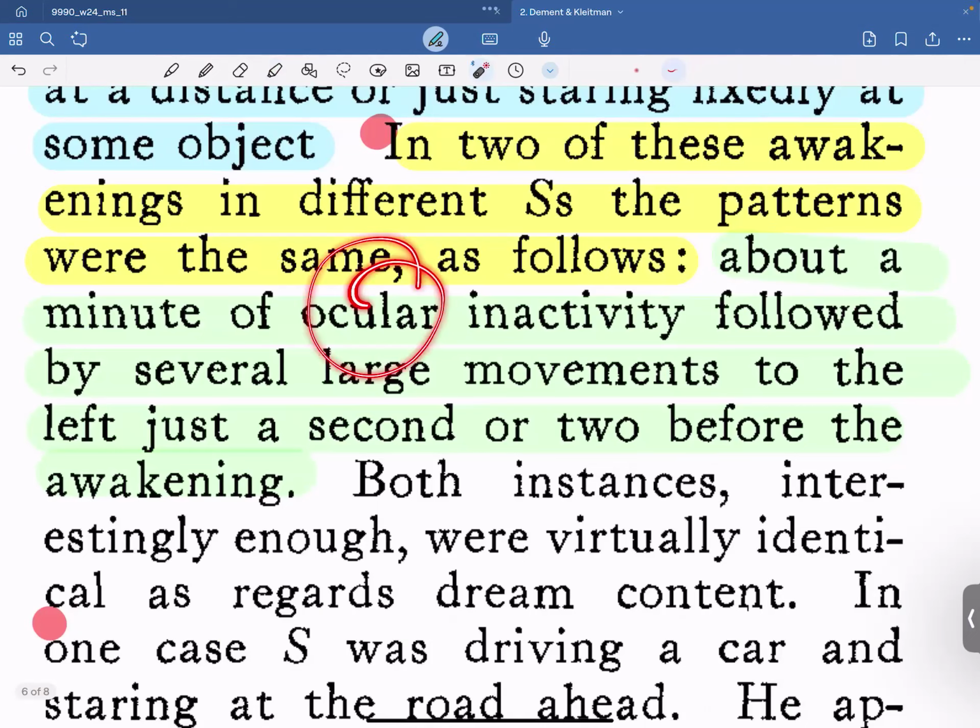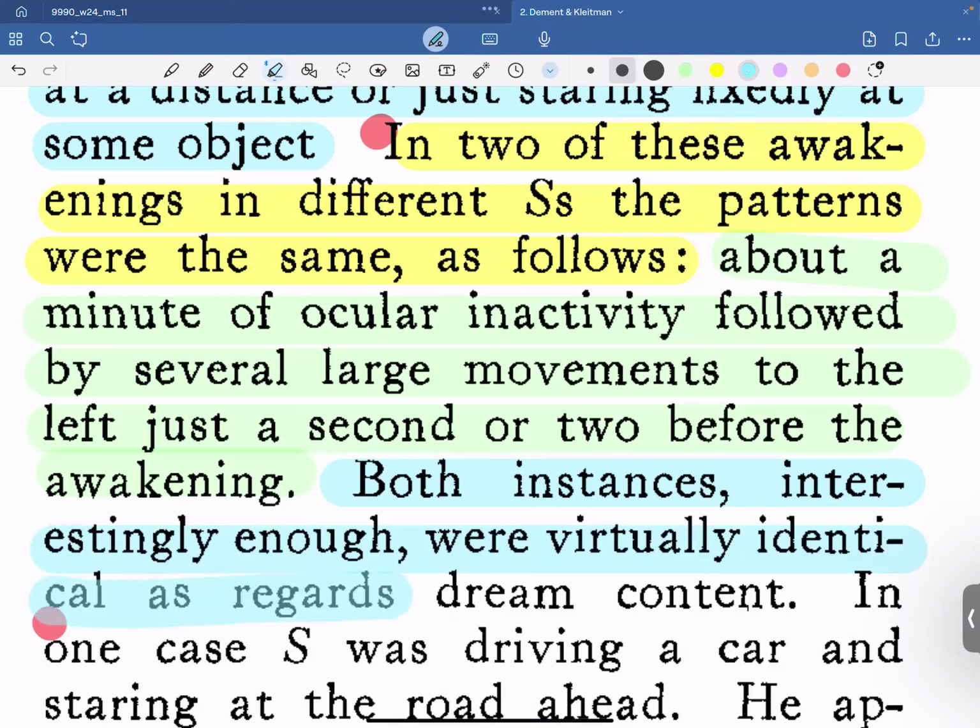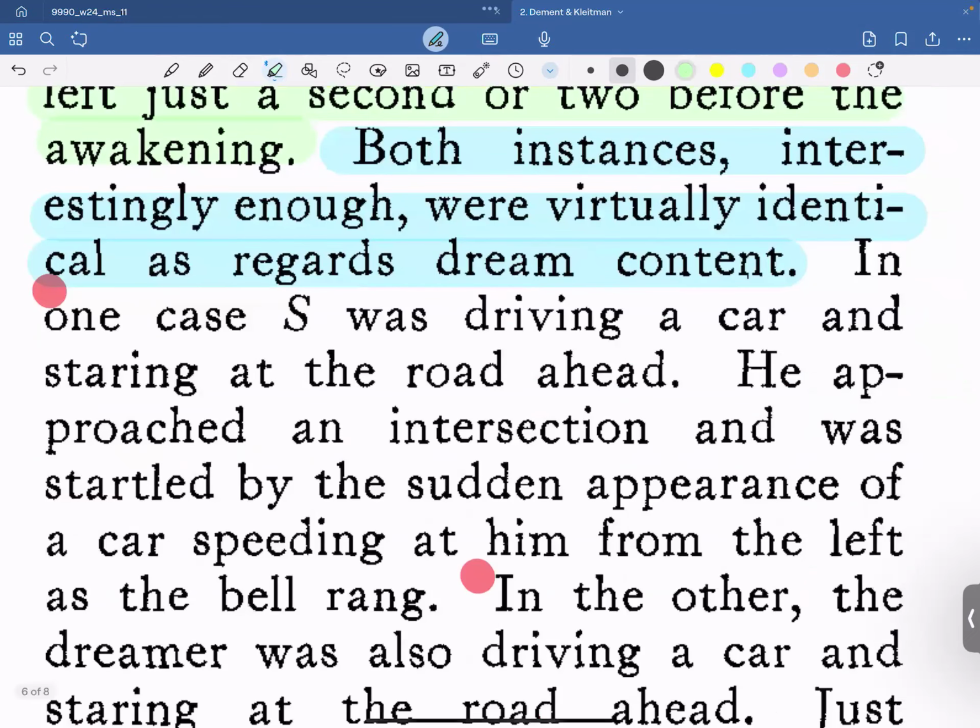Let's read it again. About a minute of ocular inactivity followed by several large movements to the left just a second or two before the awakening. In both instances, interestingly enough, they were virtually identical as regards to the dream content. In one case, the subject was driving a car and staring at the road ahead. He approached an intersection and was startled by the sudden appearance of a car speeding at him from the left